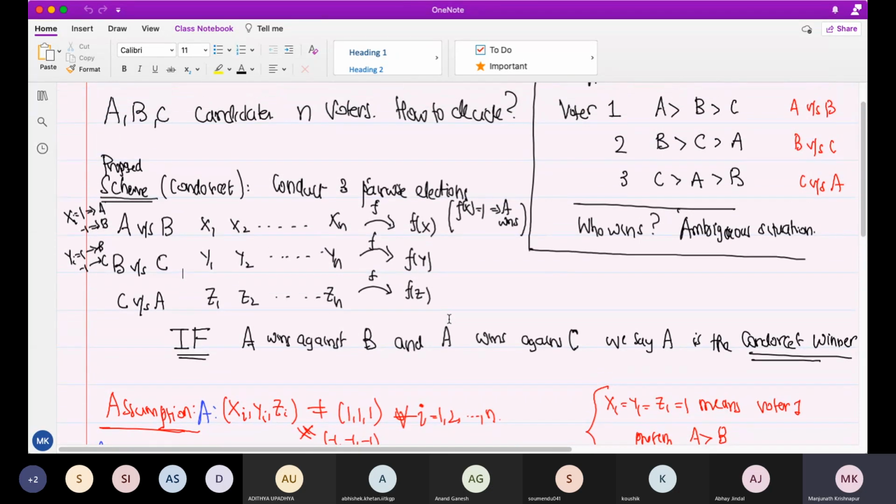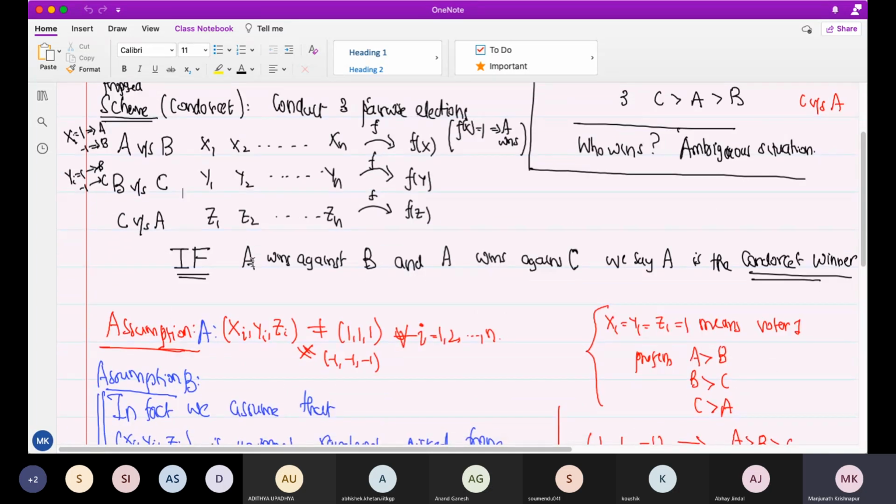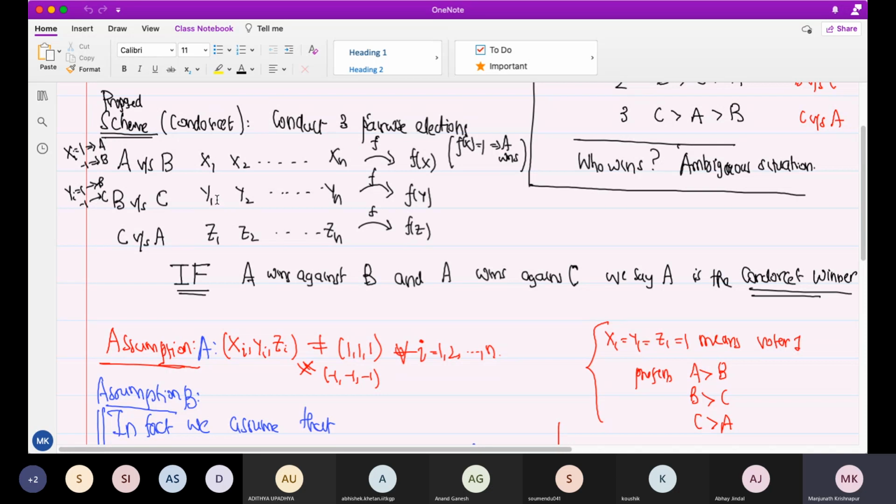There is a very trivial case even with a single voter. So far, one assumption I will recap: if there was a single voter, then we will assume that there will be an unambiguous answer. In other words, a single voter is not going to vote x1, y1, z1 equal to 1, 1, 1 or -1, -1, -1. Either of these would lead to the stupid situation that the first voter prefers A to B, B to C, C to A. It means even if you leave it to the first voter, he or she cannot decide whom to pick out of A, B, C. So we'll assume that this is not the case.